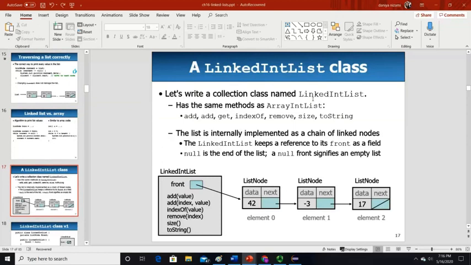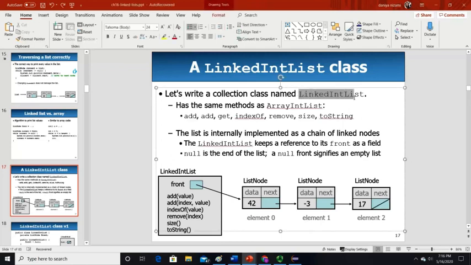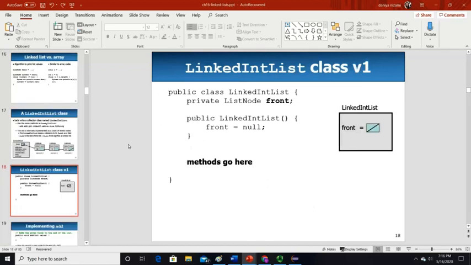Here is a linked list class. The linked list class is already created. In our next video, I will be creating a linked int list class. By int, this class will only work for integers. Java has already created that class, but we will recreate it to see how all these methods work in a linked list, like how Java created that linked list class. Before jumping onto Eclipse, we will take a tour of the solution on our PowerPoint slides.